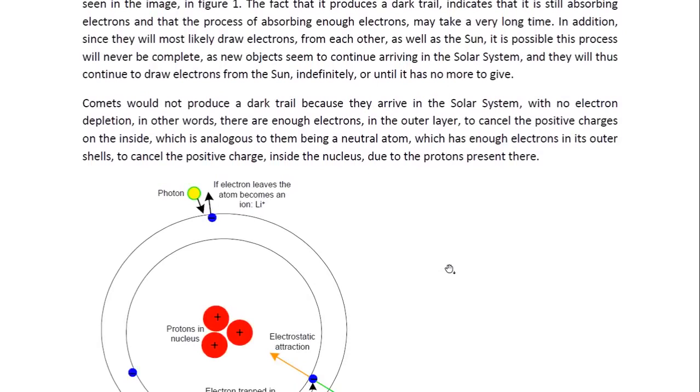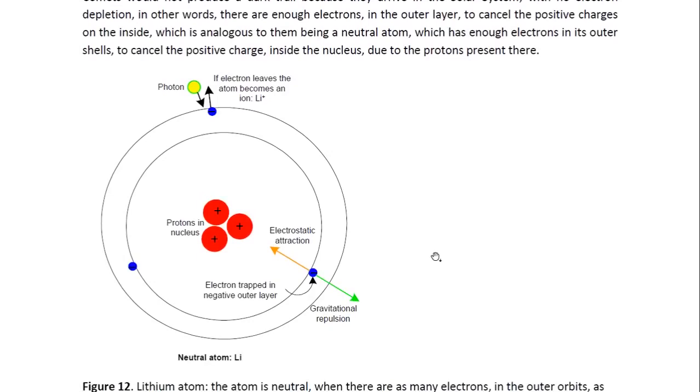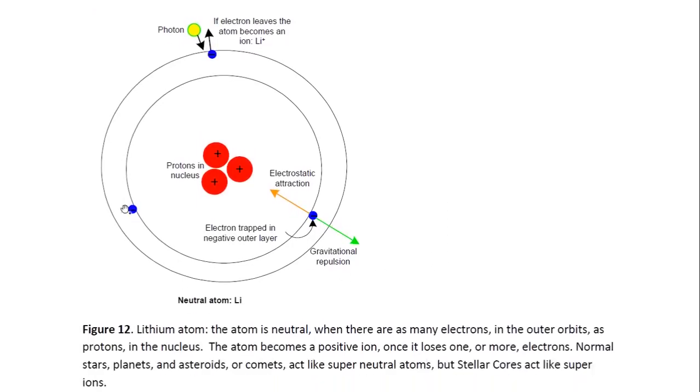Now, comets would not produce a dark trail because they arrive in the solar system with no electron depletion. In other words, there are enough electrons in the outer layer to cancel the positive charges on the inside, which is analogous to them being a neutral atom, which has enough electrons in its outer shells to cancel the positive charge inside the nucleus due to the protons present there. And this is illustrated here for a lithium atom. A neutral lithium atom has 3 protons in the nucleus and 3 electrons in